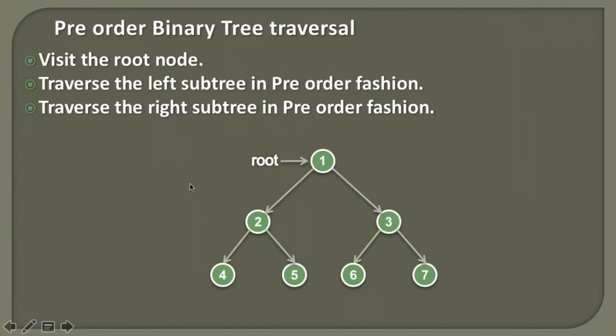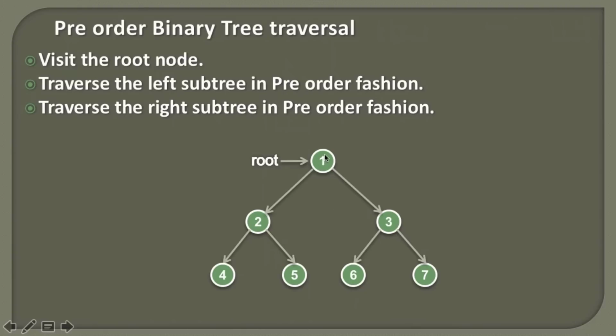So friends, what is a pre-order binary tree traversal? In order to traverse each and every node of a binary tree, we apply these 3 steps on each node of a binary tree. What we do is, we visit that particular node, and then we traverse its left subtree, and then we traverse its right subtree. So if you take an example of this tree, then we start with the root node and we apply these 3 steps on the root node. We first traverse this node, and then we traverse its complete left subtree, and then we traverse its complete right subtree.